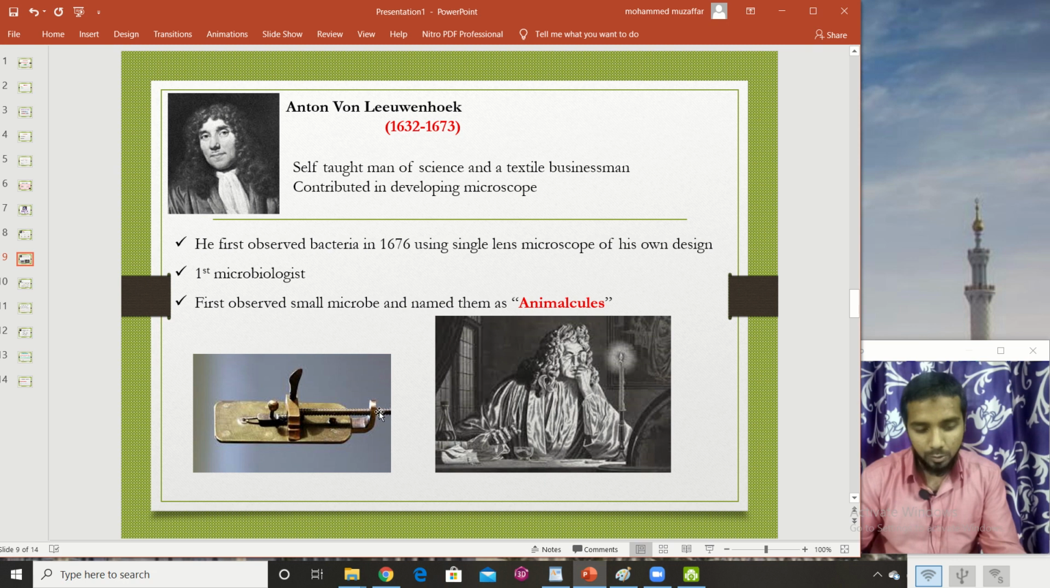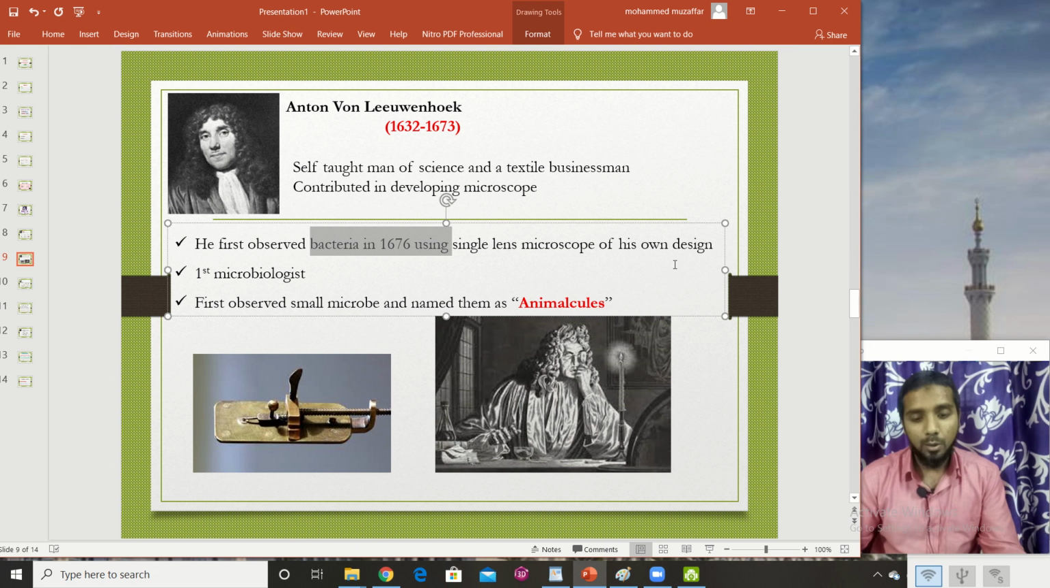through the small point where he can see the slide. And based on that, he used to see how the organisms were moving and what the structure of those organisms was. So based on this observation, he first observed bacteria in 1976, okay, using his own design of a microscope, which was this one. And due to his contribution, he was called the first microbiologist in the history of